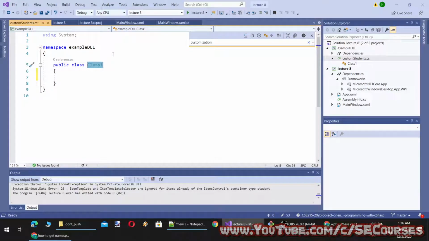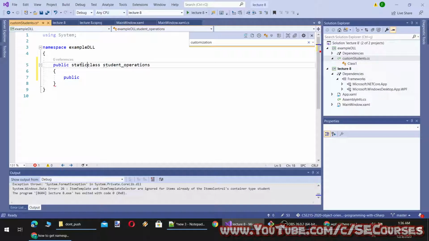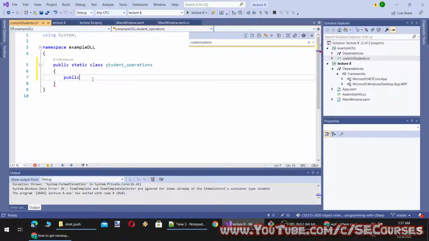I will say student operations, and I will have a method here. Public, I'm going to make this static. Public static double, return the square of the id.